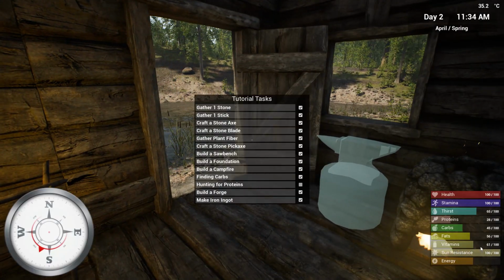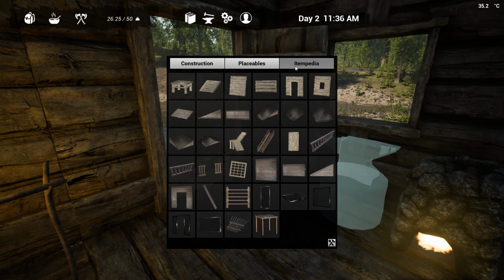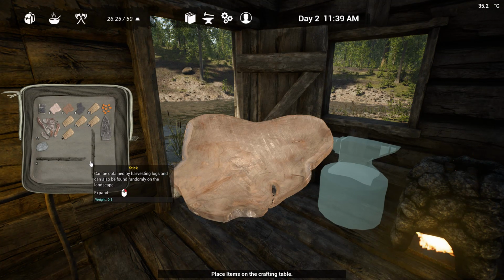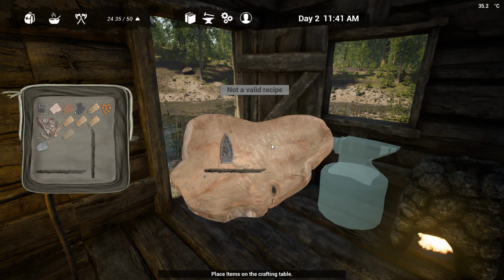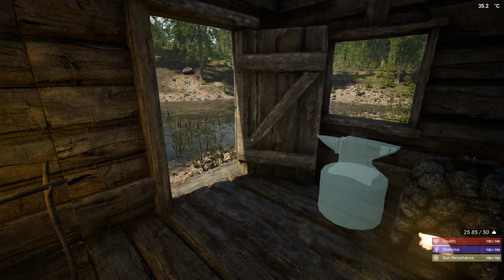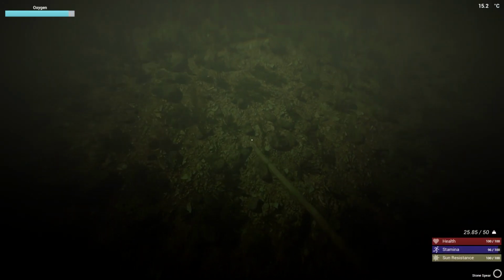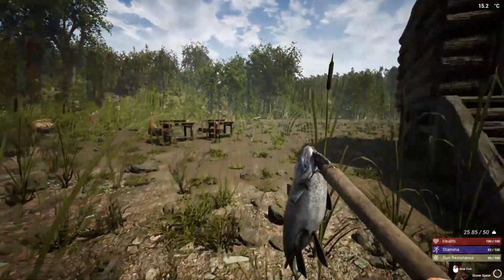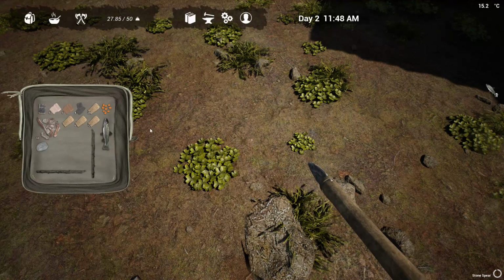Also, if you are getting a little bit low on proteins, what you can do is craft up a stone spear with 1 stone blade, 3 sticks, and 5 plant fibers. So I might do that now just for demonstration's sake. So stone blade, 3 sticks, 5 plant fibers, craft. And you can run over to the little pond we have here, and then just stab yourself a fish. Once you grab that, you'll just go over to the land, drop it down. Here I got a trout,